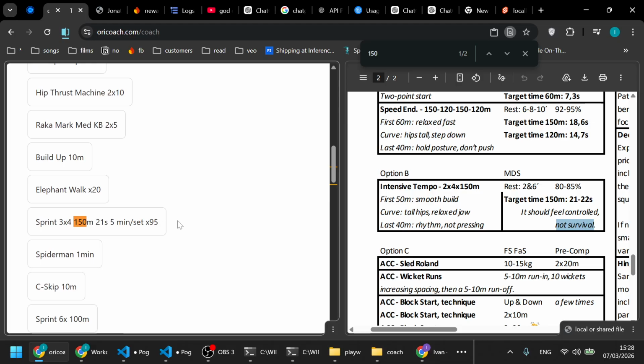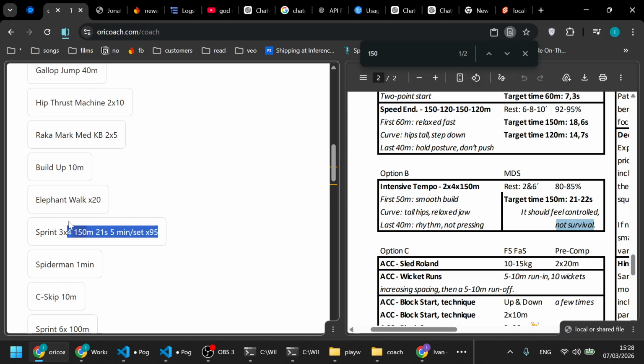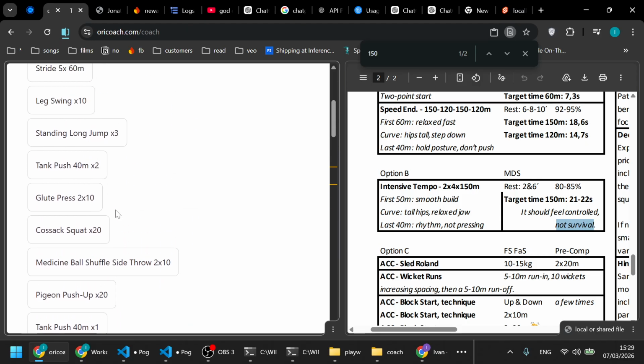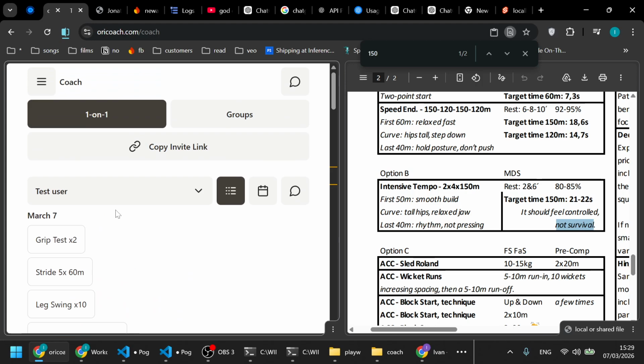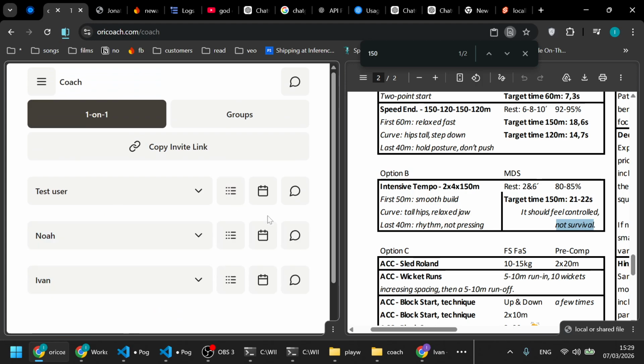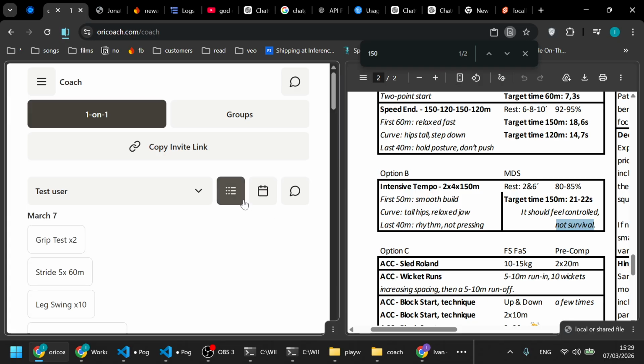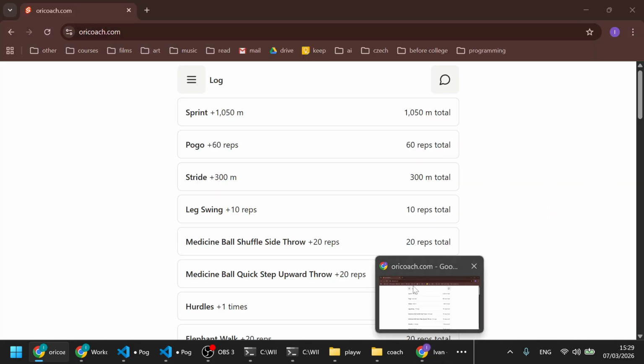You can see this is, I think this is what we edited as well. So yeah, that's the main functionality, like being able to set the workout and being able to see what they actually did. And I want to show you another thing, which is,